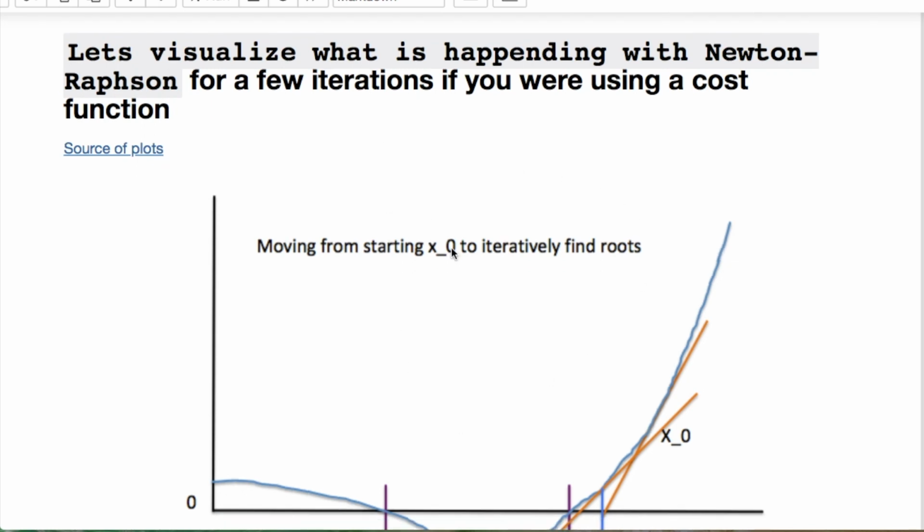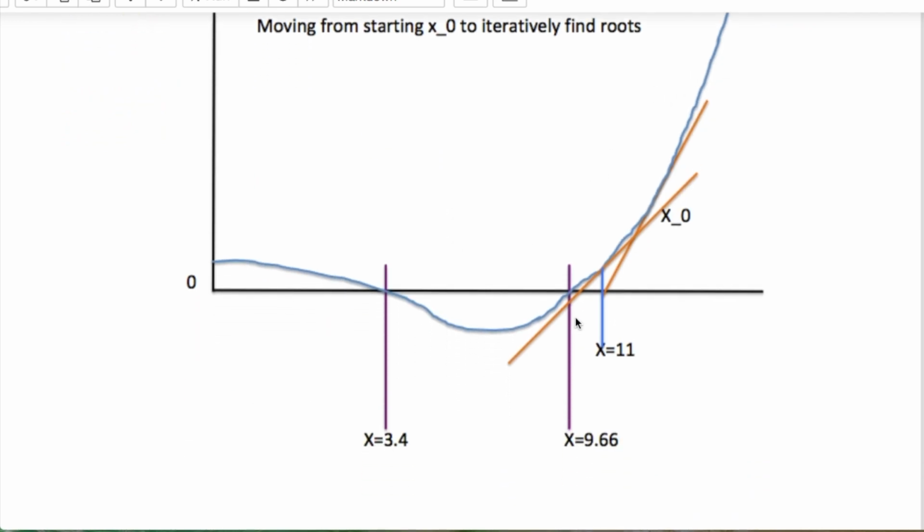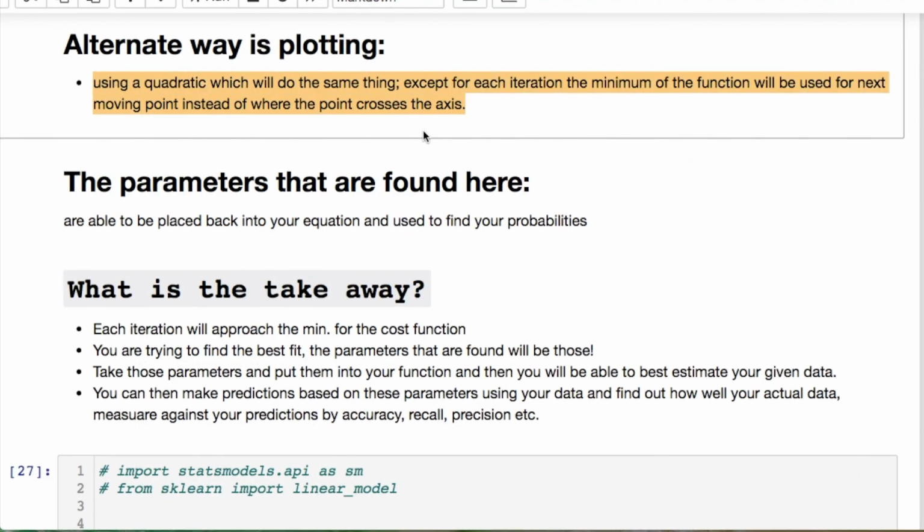So let's look at the first part where we're iterating through the Newton-Raphson method using the tangent lines. I know the lines aren't straight, I drew it, I freehanded it. But if we started with this first line x naught, which would come down to some point that we initiated at, it would cross the axis here. Let's say this is x11. This is the new starting point that we're going to use for our new tangent line. These purple lines right here are denoting where our roots are that we're trying to get to. The good thing about Newton-Raphson is it has a division by zero exception, so you can basically know when to stop or when you found your roots. And here's the alternate way that I mentioned before with using the quadratics.